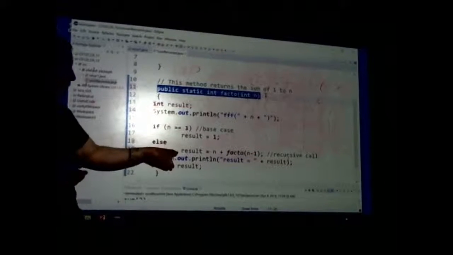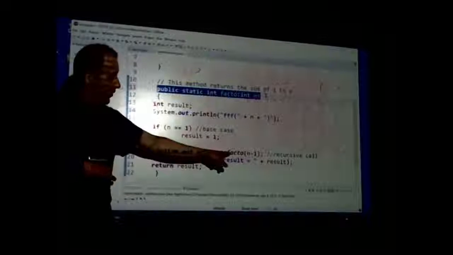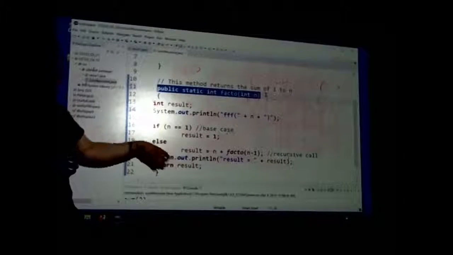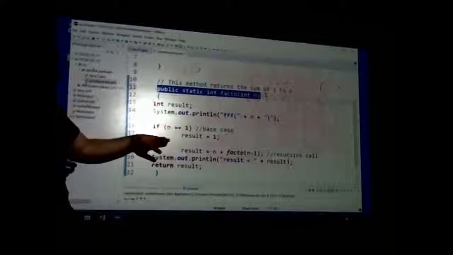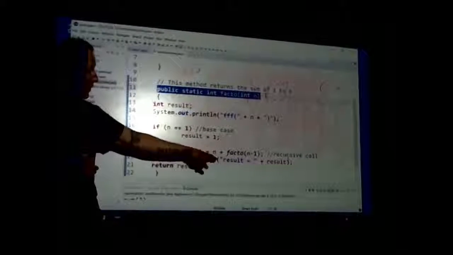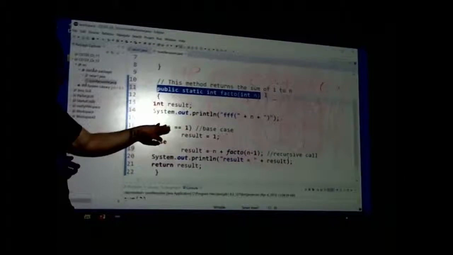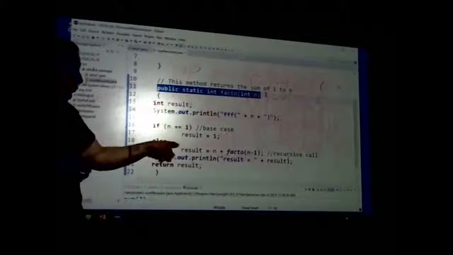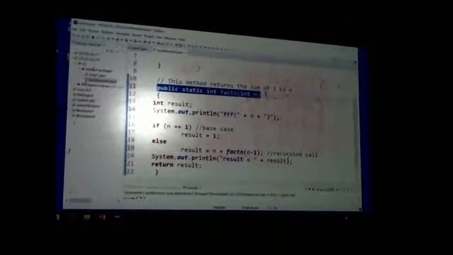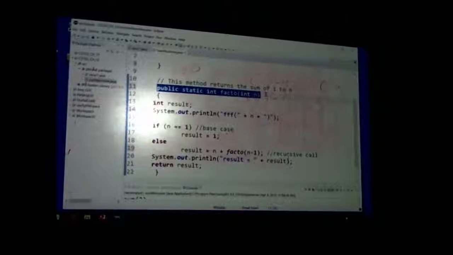So then finally, f of 3 is 3 plus facto 2. So now 2 goes in, it's still not 1. And then 2 equals 2 plus facto 1, and then minus 1, and then back around. Now it finally equals 1, resulting with 1. So then it goes in that reverse order, which is why we see the result in the order that we would not imagine it happening if we were to do it